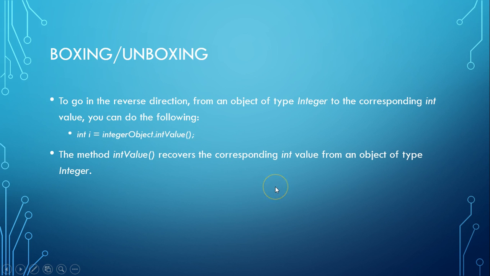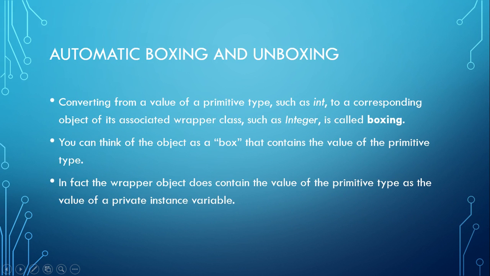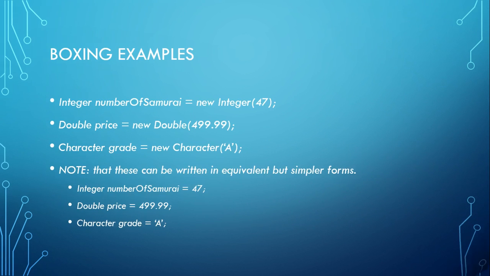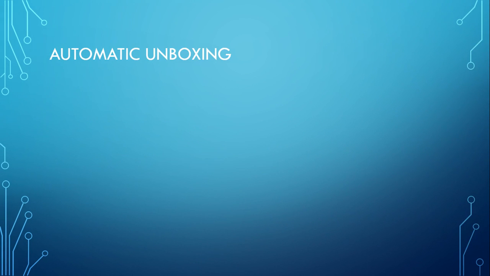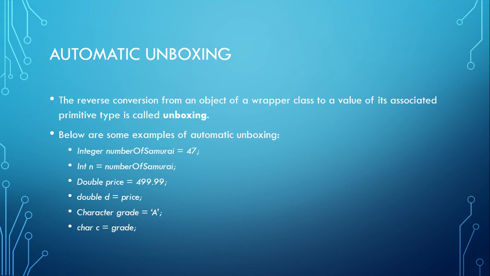If we look at the automatic version, you notice I don't have those parentheses there anymore because I don't need to cast an argument. So it's a lot simpler to do things with the automatic boxing and unboxing techniques than it is to do it with a